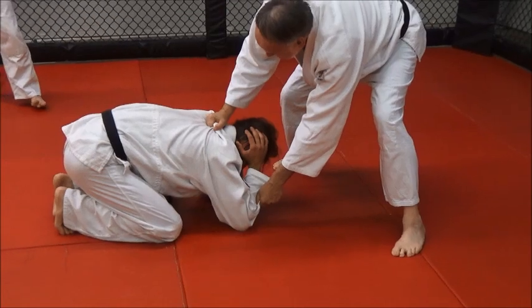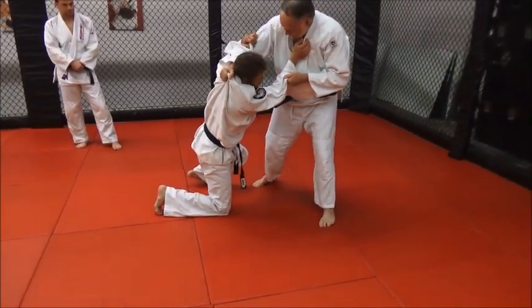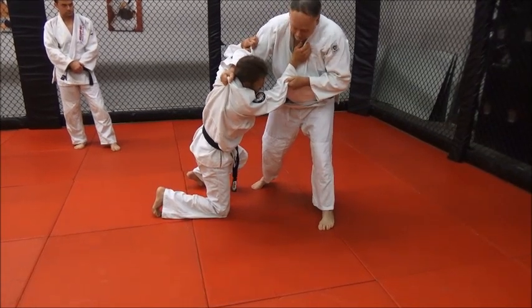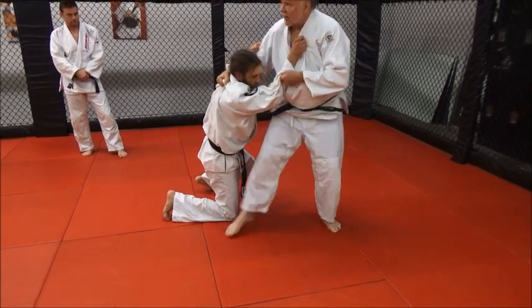He may even help you up because he wants to get up. So you're going to bring him up like this. And as soon as he starts to come, see, he just happened to come up on one leg there. Now, I could come across here and step him and throw. That's what we're going to do first, okay? And the second way will be,